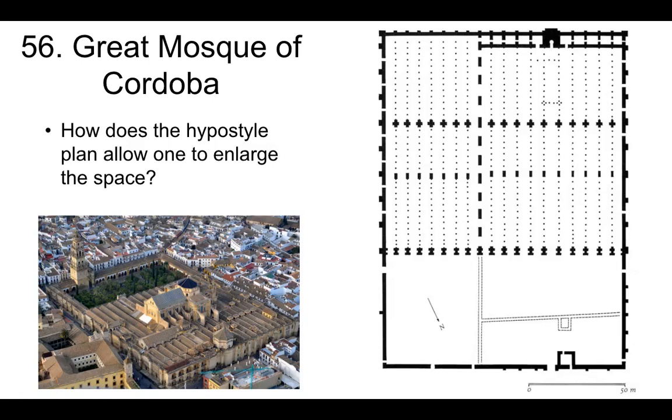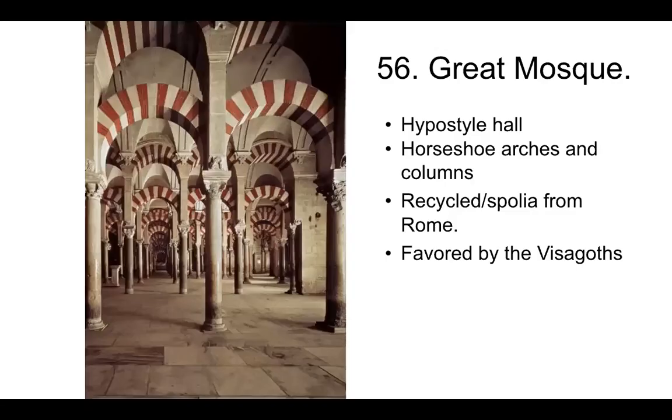And the nice thing about a hypostyle hall is that you can just add more rows to the left, to the right, or in front, right? So it's really a nice plan for expansion. So as the population of Muslims grew in this region, they made the mosque bigger and bigger and bigger. There's actually 4 different expansions of this mosque. Okay, so